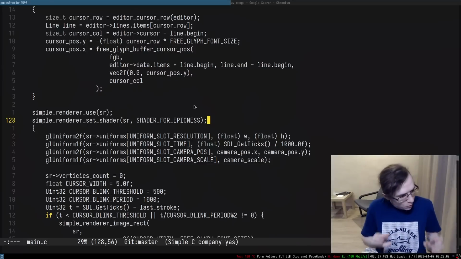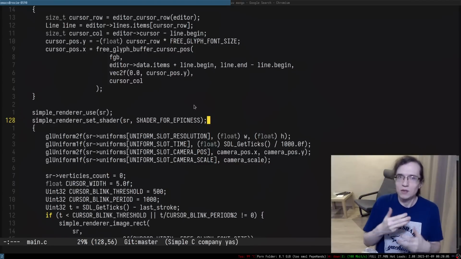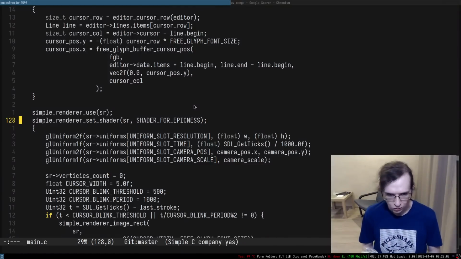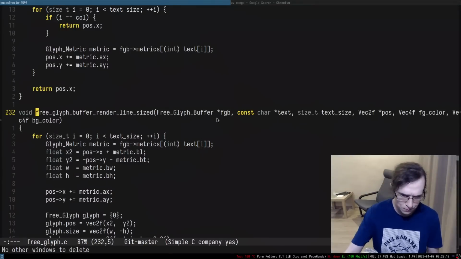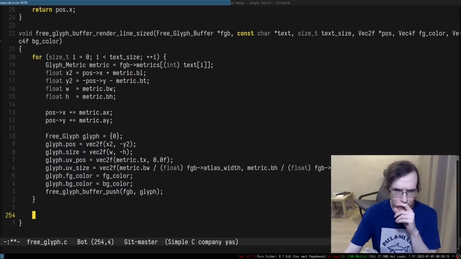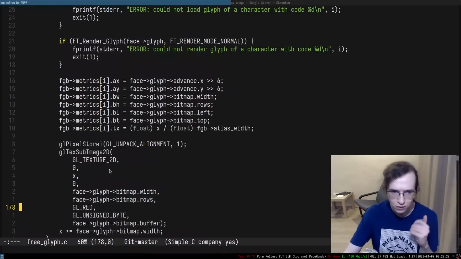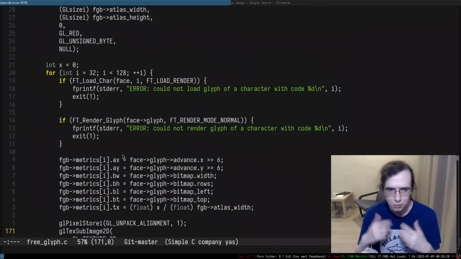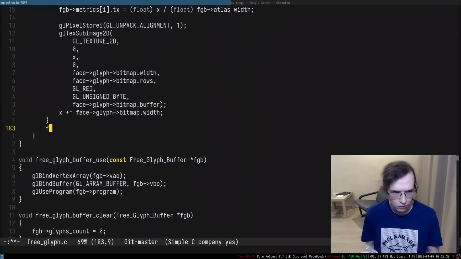Let's actually try to pick maybe a very specific sub-image, right? Maybe a specific glyph in there, right? So to find a specific glyph, let's go to freeglyphs.c and do something like this, right? So here, not really here, but somewhere up there, we build the atlas, right? So here's the loop that goes through the glyphs that we want to put in the atlas and puts them in there. So what we can do